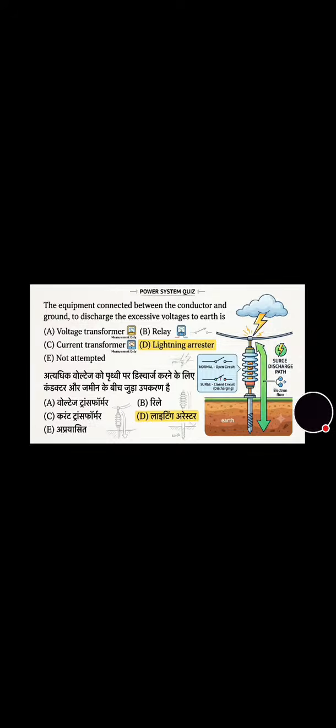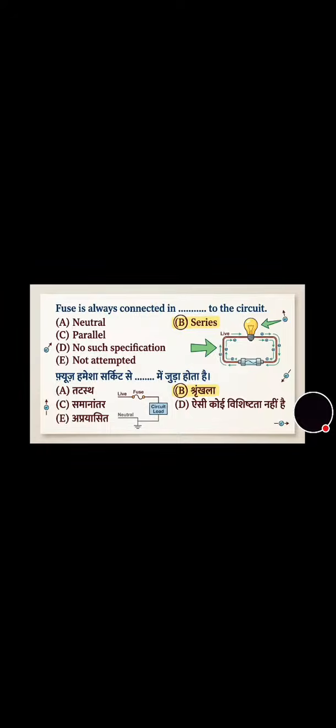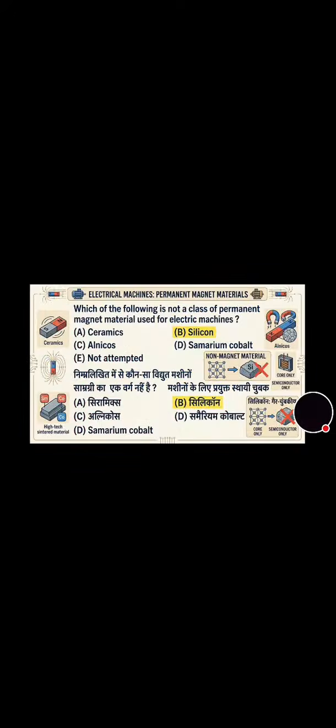डिस्चार्ज द एक्सेसिव वोल्टेज टू अर्थ इज। और इसका आंसर है लाइटनिंग अरेस्टर, जिससे सारा एक्सेसिव वोल्टेज अर्थ में चला जाता है। नाउ नेक्स्ट क्वेश्चन, फ्यूज इज ऑलवेज कनेक्टेड इन डैश टू द सर्किट। तो हम फ्यूज को हमेशा सीरीज में यूज़ करते हैं ताकि इमीडिएटली सर्किट ब्रेक हो जाए, ताकि आगे नुकसान ना हो किसी भी अप्लायंसेस का।